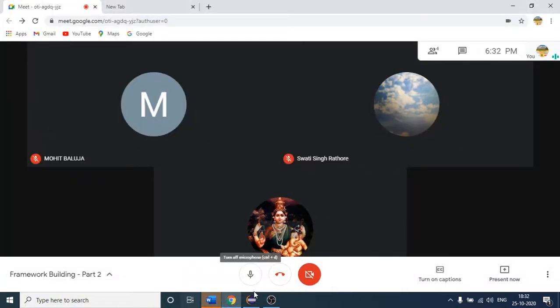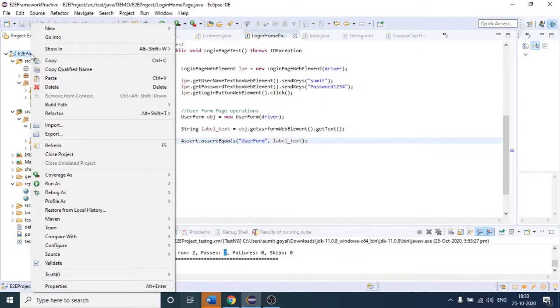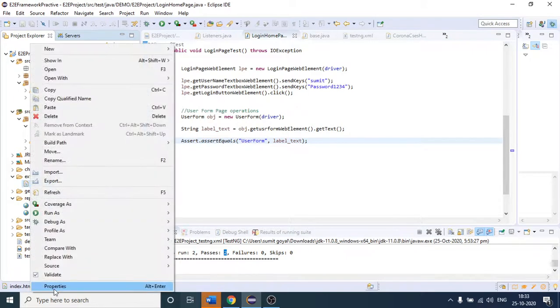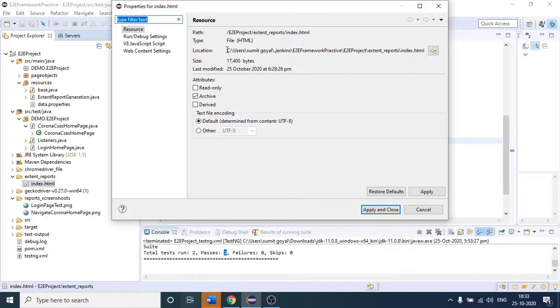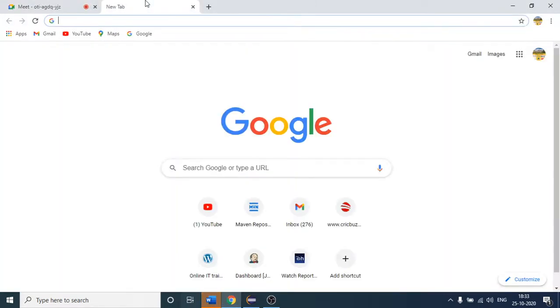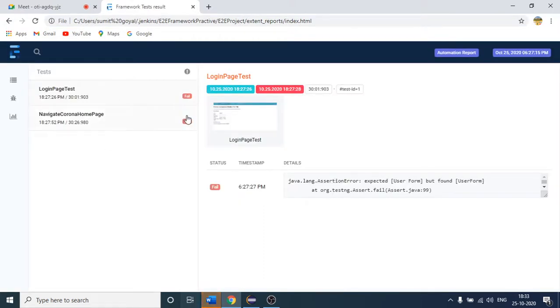Anyway, I hope you are able to see that we are able to execute our test case. As of now, no report is present here, right? But once I refresh again, you will see all our test cases got failed. So refresh this. You can see this is the report, action report. Again, this time all the test cases will fail. So you are going to see the screenshot now. If I open this here, you can see this is the failed test case, right? So all those test cases I have.